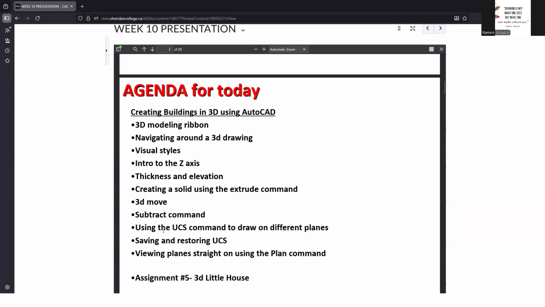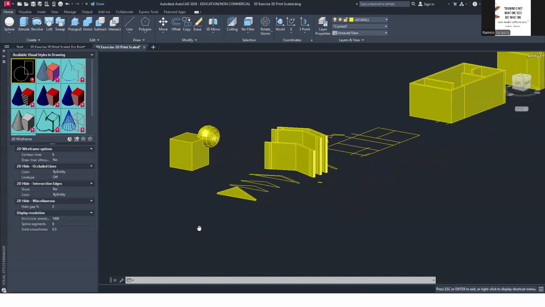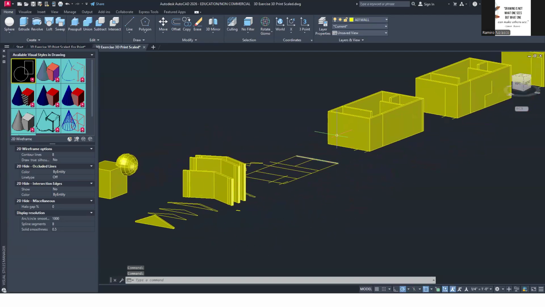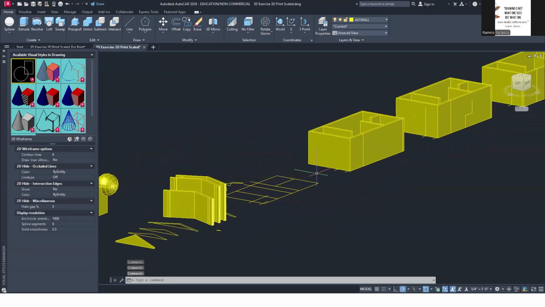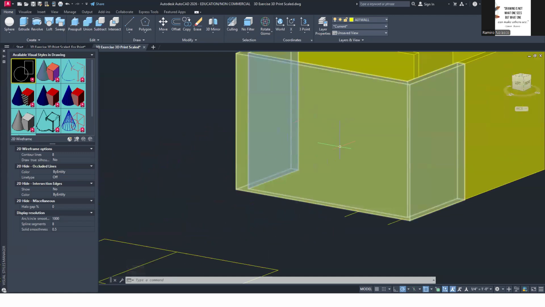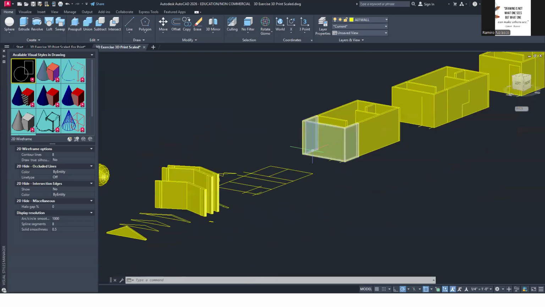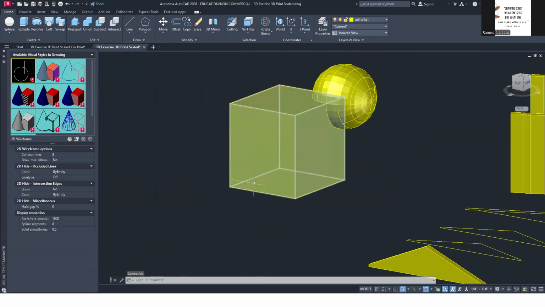Now, something that's very important, the UCS, user coordinate system. We looked at it before, but when you are drawing objects, AutoCAD automatically, in most instances, would align to the surface. So for example, if I want to create a circle here or here, right?